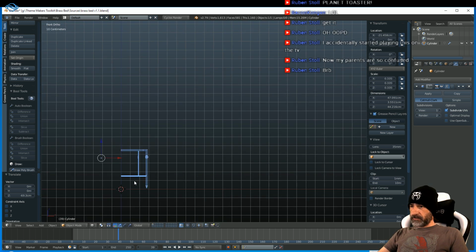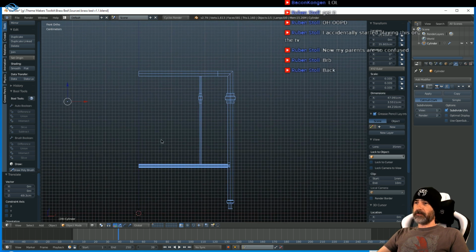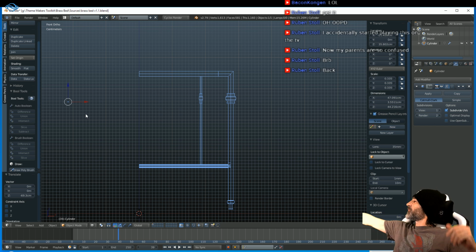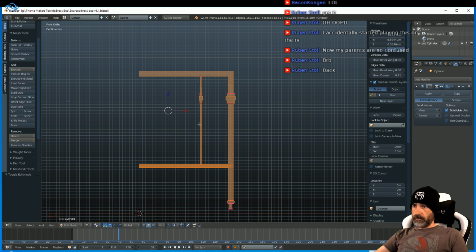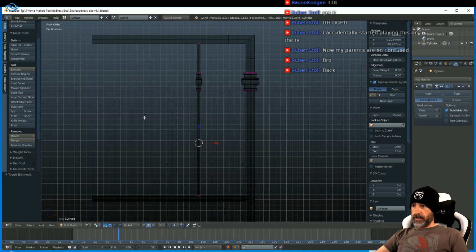Why is that selection thing there? What's it being? Planet Coaster? Select a couple things, go to move them, and put the movement tool like half a kilometer down the road. Okay, so now that we got this,